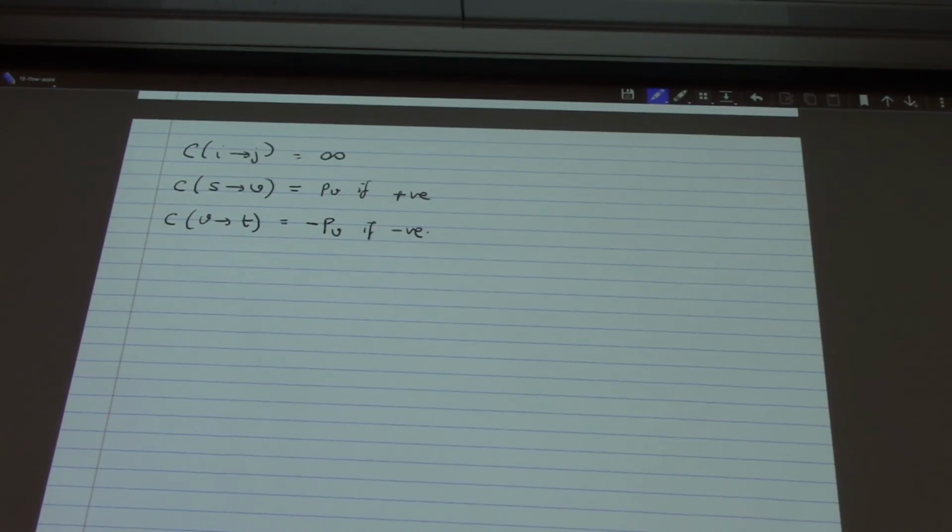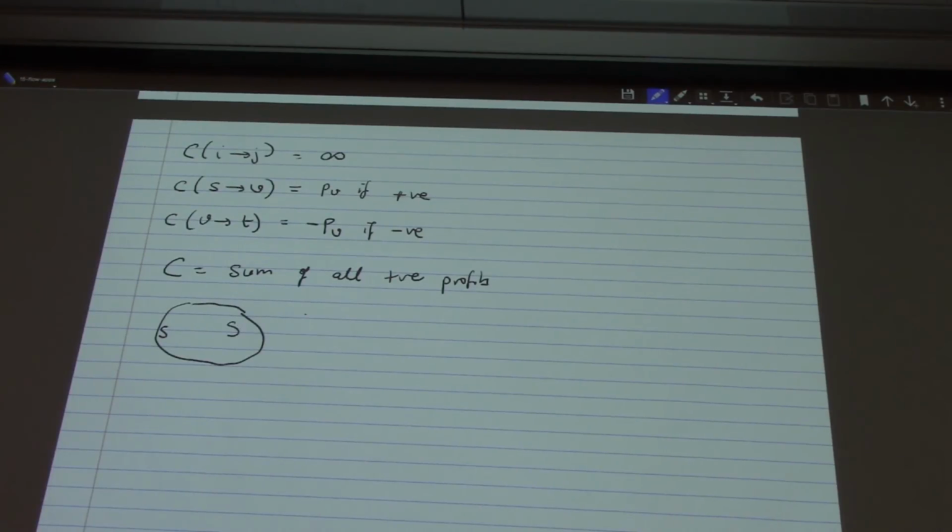All right. The first question you have to ask yourself is, let's also define this fixed constant, which relates to what you were saying, which is C equal to the sum of all positive profits in the graph. So just add up all the positive profits in the graph. That's a fixed constant. All right. So now what is our cut cost? Remember, our cut looked like this. With an S, we have some set of vertices it picks, and we have the stuff we don't pick,